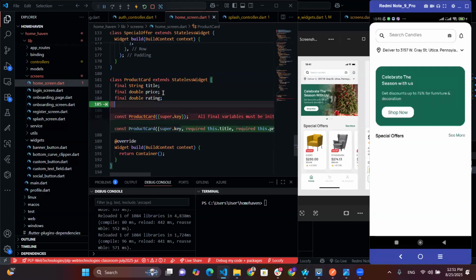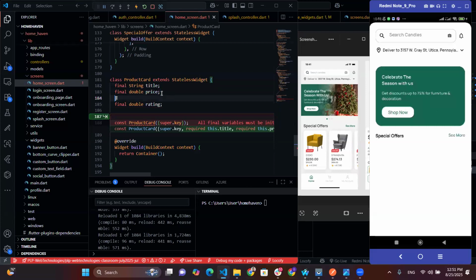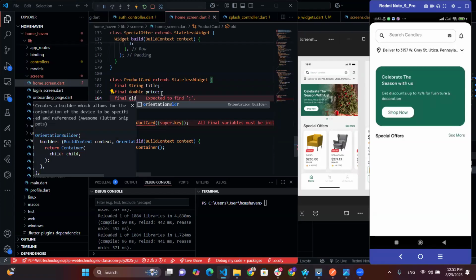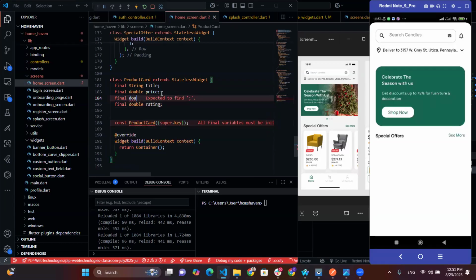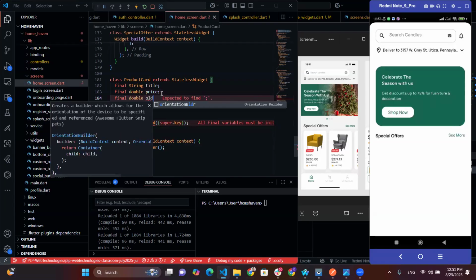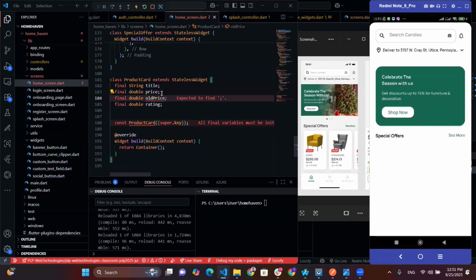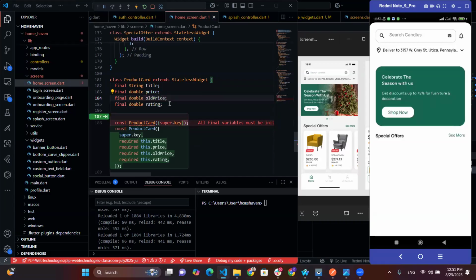Then, okay, now we have, after the price, slashed or old price. I think that should have actually come in here before. So let's do old. Double old price. Yeah, let's make do with that before rating. Okay, and this rating, after rating,